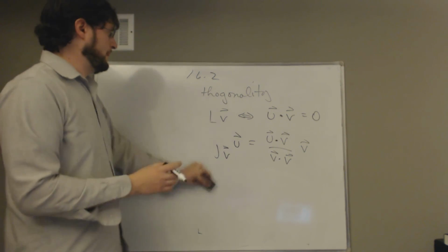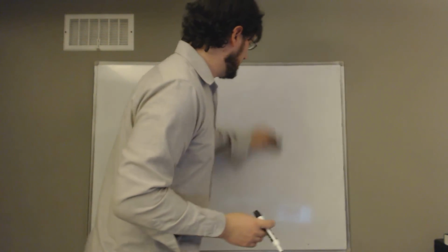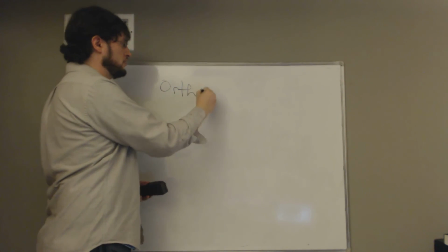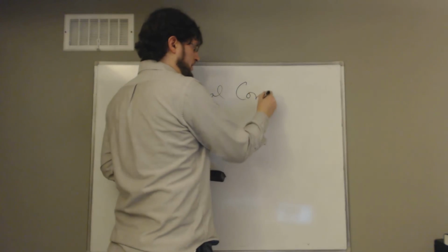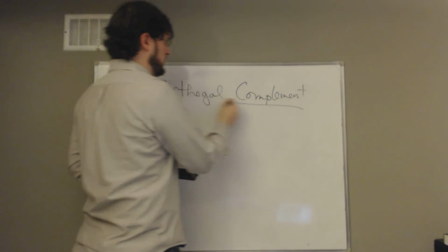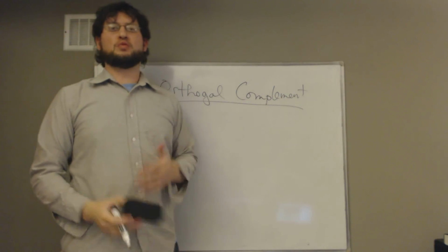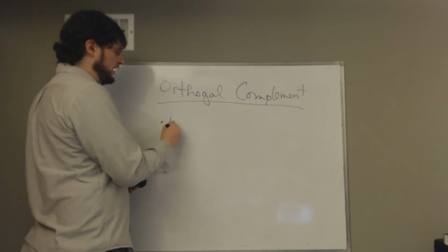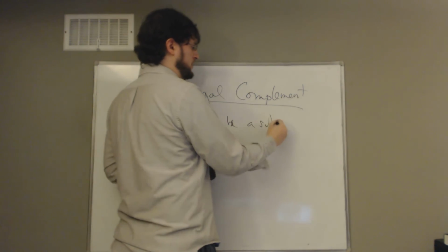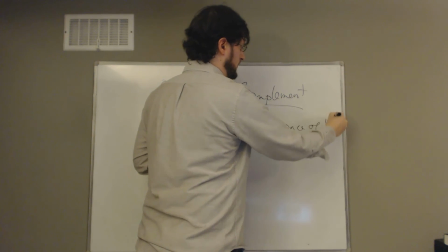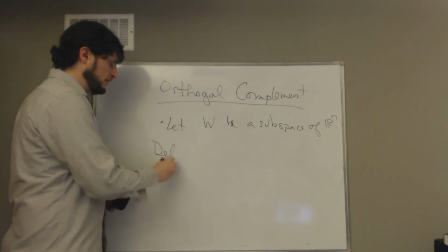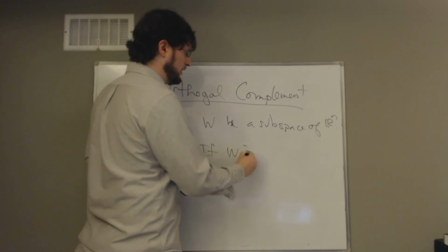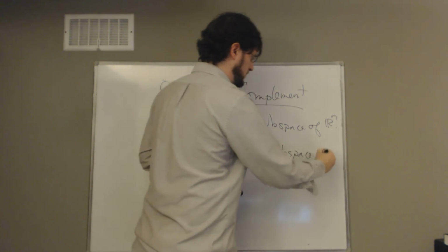So first, let's notice something. This is going to be called an orthogonal complement. Complement with an E. Again, the root word is complete, so we'll see how that comes into play. But here's our idea. We're going to let W be a subspace of Rn. And so our definition for the orthogonal complement is: if W is a subspace of Rn,